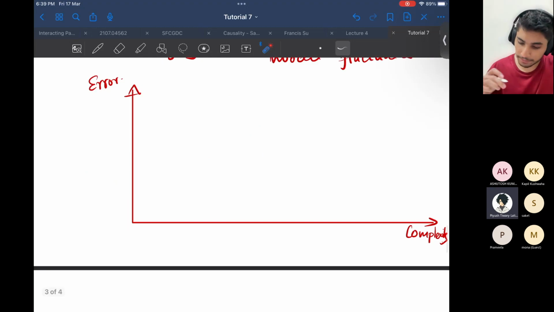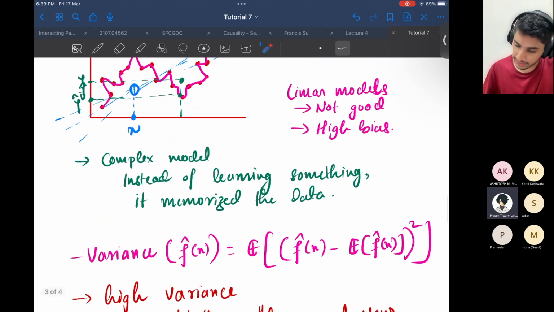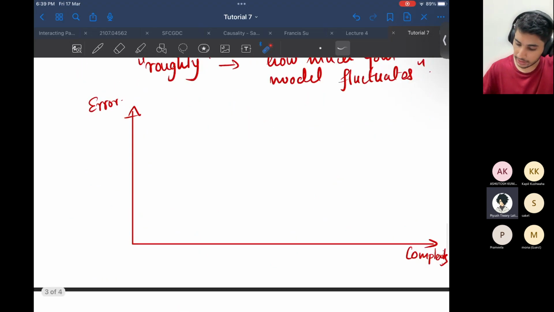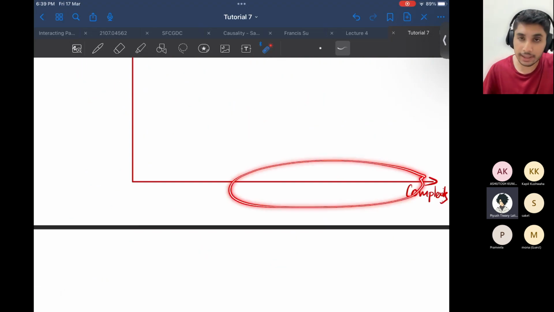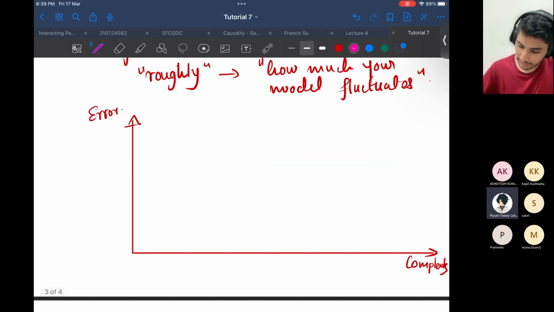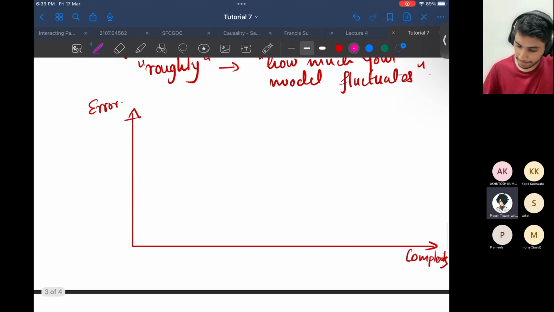However, for this x raised to 100 model, it had a high complexity, right? And the error that we saw on the training set was also low. So this was somewhere here, right? I hope you will agree with me that this is so. Let me write it down. So I hope you will agree that